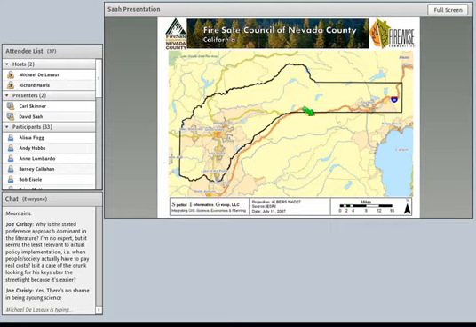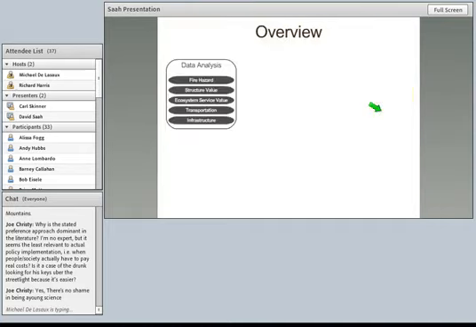Now, for the Nevada County study, we did this in collaboration with the Fire Safe Council of Nevada County. Most of you know where it is. This is Lake Tahoe over here. This is the 80 right over there. And basically, the elements they were interested in were understanding what the fire hazards were for the region, and getting a better understanding of what the structure values were as a component of the assets at risk.